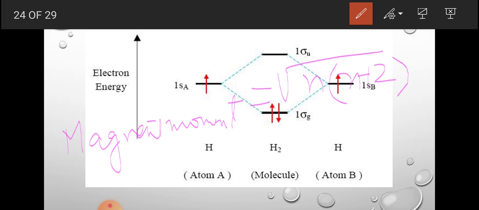I will give you the data. If one electron is unpaired, what will be the magnetic moment? If 2 are there, what will it be? Up to 5, that will be sufficient to remember. But we can also calculate it as under root n into n plus 2 Bohr magneton, and n is the number of unpaired electrons. With this formula, we can calculate the magnetic nature.